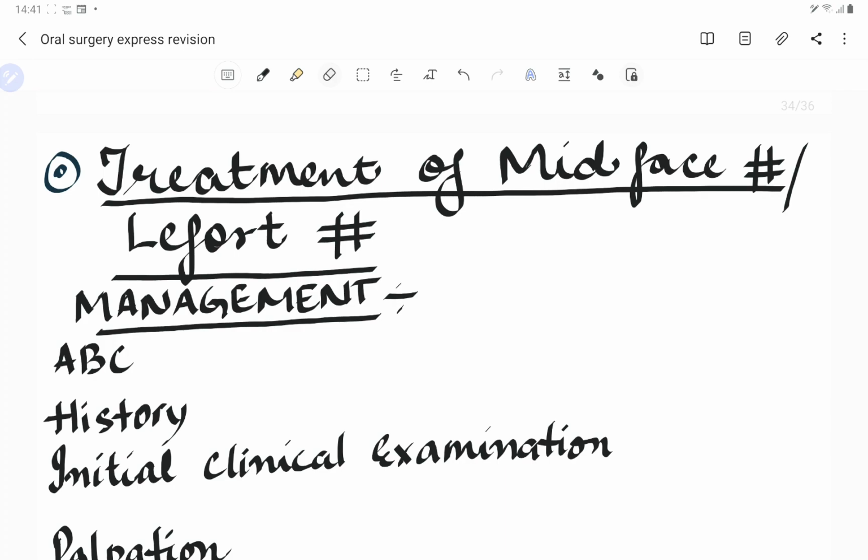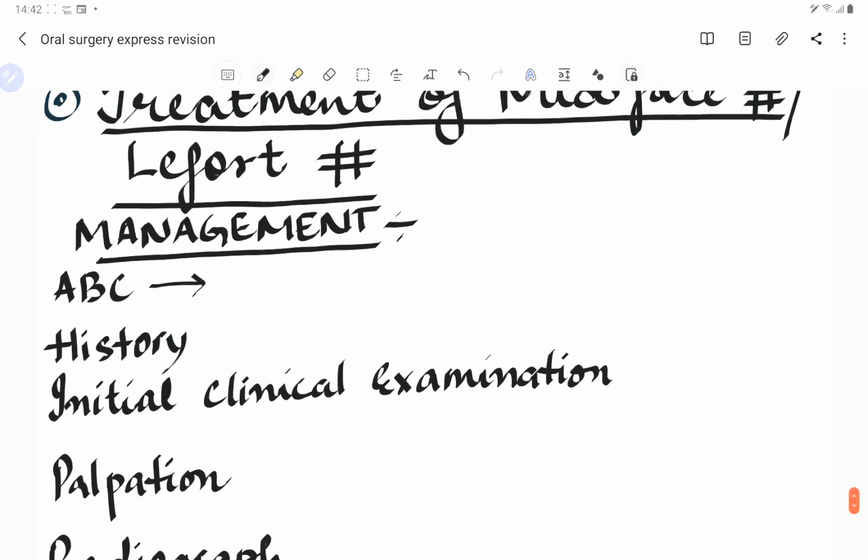So suppose a patient comes after a road traffic accident or any sports injury, and there is a fracture in the mid-face. What do we do? The first thing we have to do is maintain the airway, breathing and circulation. If the airway is compromised, otherwise most commonly we go for the nasotracheal intubation, which we have already studied. But in case of a mid-facial fracture, we go for the submental intubation, which is the most common intubation done in mid-facial fracture, guys. Otherwise we go for nasotracheal intubation, which is the most common kind of intubation used.